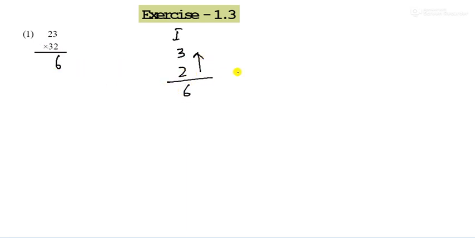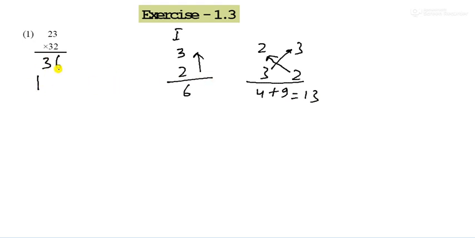So 23. So first of all, first step, it is 3 2. So vertically upward. So 3 2s are 6. So you can write here 6. And then diagonally, so 2 3 and 3 2. So first multiply this, it is 4, and 3 3s are 9. So you can write here what will be, it is 13. So you can write here 3 and 1 carried out.